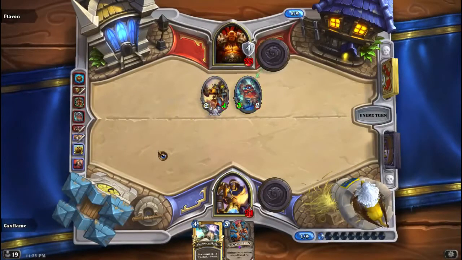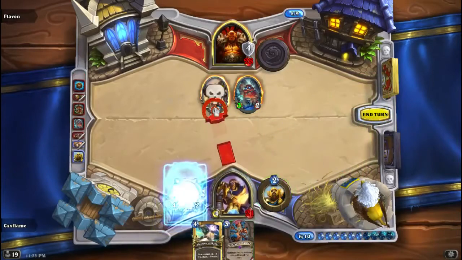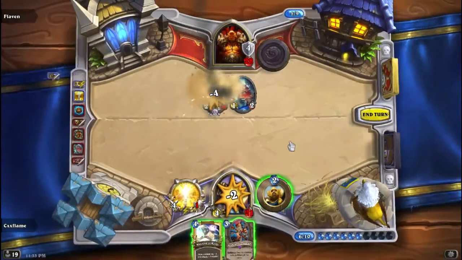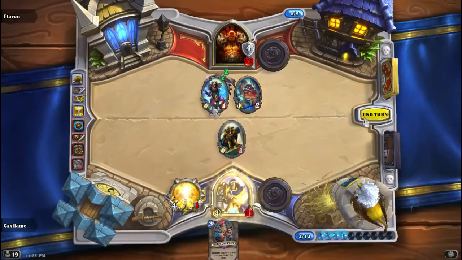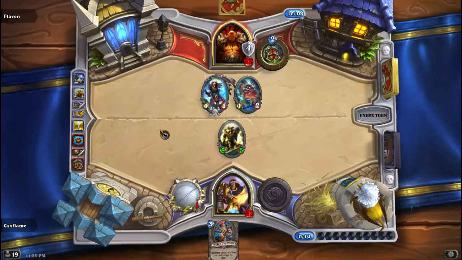That's fine with me. That's less damage to my face. Perfect. He's drawing off the top of his deck, so it's pretty unlikely he gets an answer to this. He does have draw in the form of that, but...